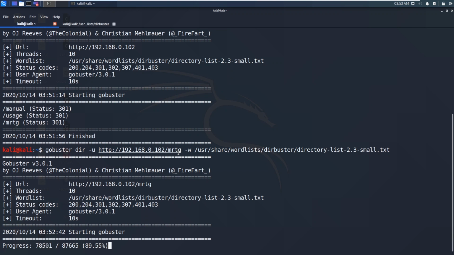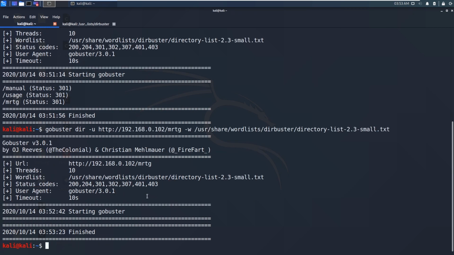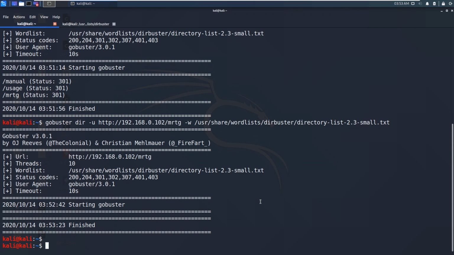Don't worry if I am not showing any examples, because we will do them later with TryHackMe rooms and Hack The Box machines. This is just theory, getting you started and introducing you to all these tools, and then we will use them in some practice. So that's all about this GoBuster tool. You can just simply use this dir command to specify the URL and the word list to dictionary attack and check out all these directories in this file.